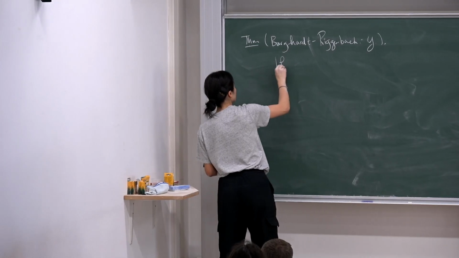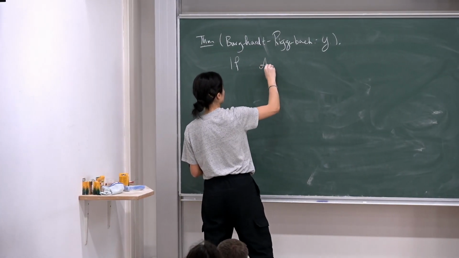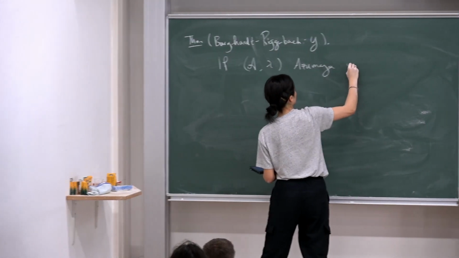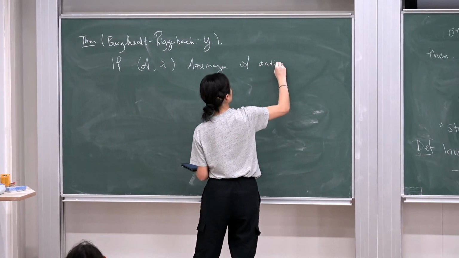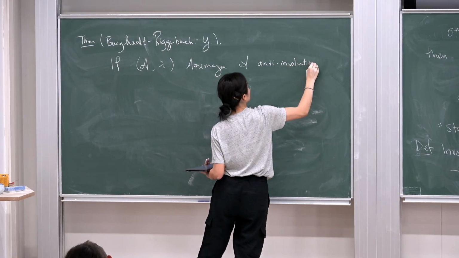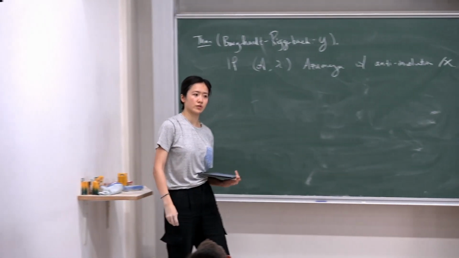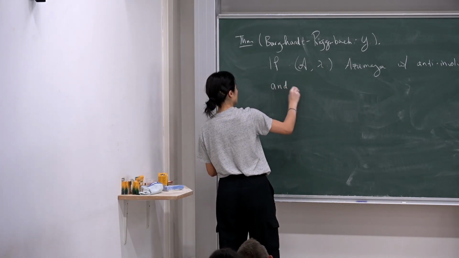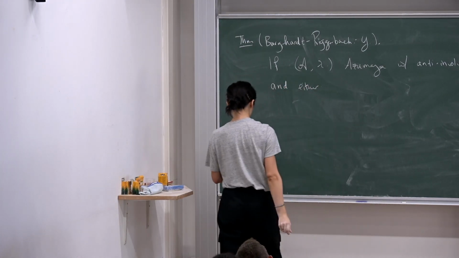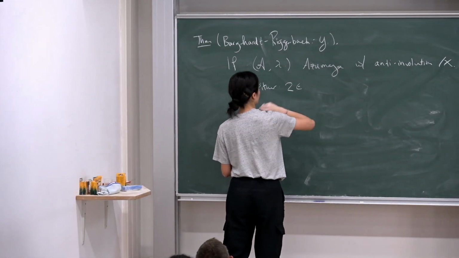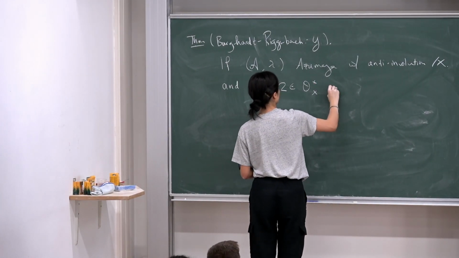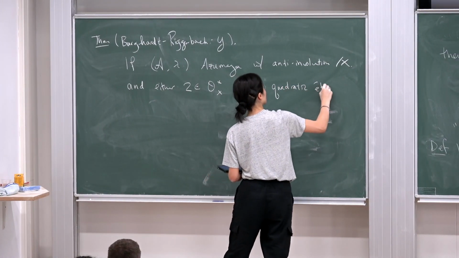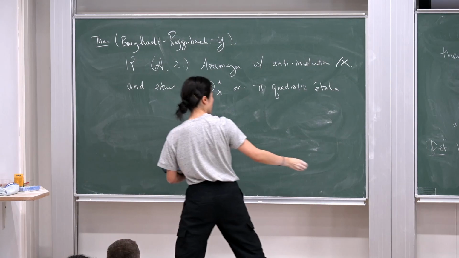If A is Azumaya with anti-involution over my fixed scheme with involution and group quotient, and either 2 is invertible in the structure sheaf of X, or pi is quadratically tall, then